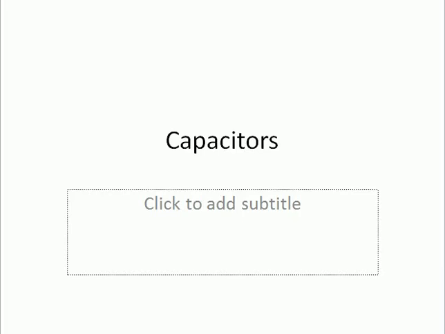Students, today we are starting our new chapter, chapter number 6. In this chapter we will discuss two major components. The first one is the capacitor and the other one is the inductor. First of all, we will discuss what capacitors are.